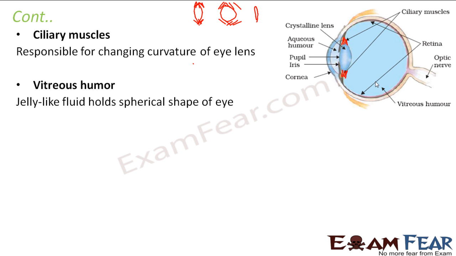You are able to see the cornea, that is the outermost covering. Then you are able to see the pupil, that is the small black dot in the middle of your eye, right? You are also able to see the iris, which is the covering just around the pupil. When you look at your eye, it is somewhat like this, right?